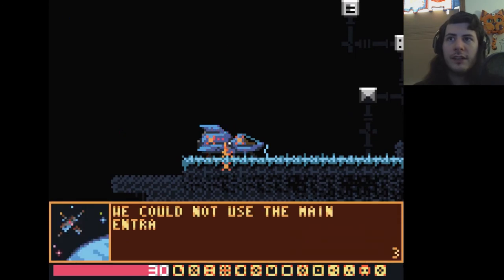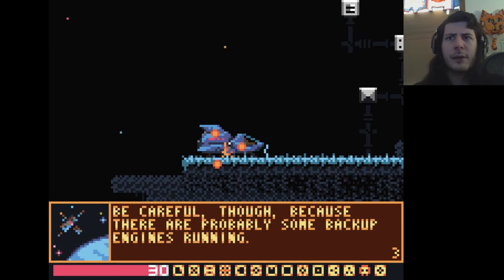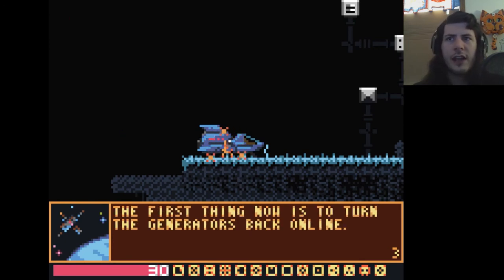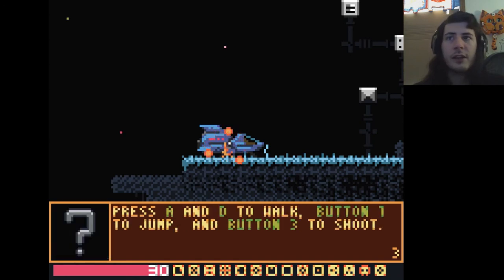So here it begins. We cannot use the main entrance because the generators are offline. Be careful though, because there are probably some backup engines running. When you enter the stations, we will no longer be able to contact you. First thing now is to turn the generators back online. Press A and D to